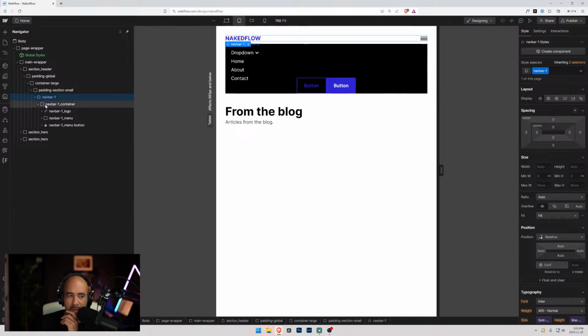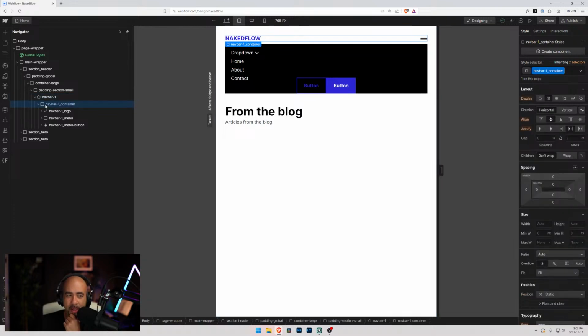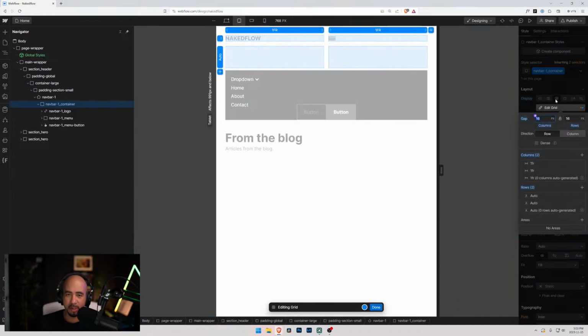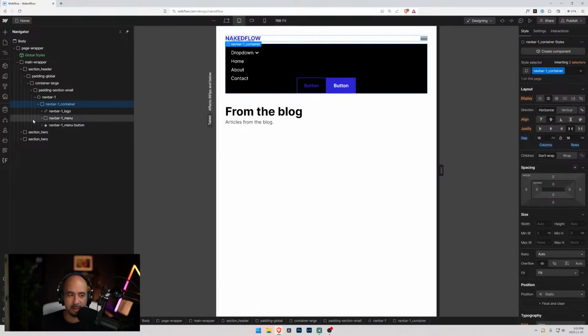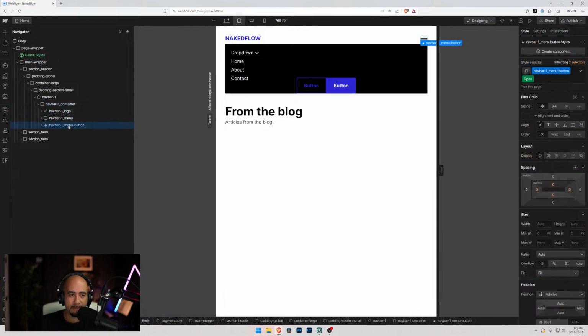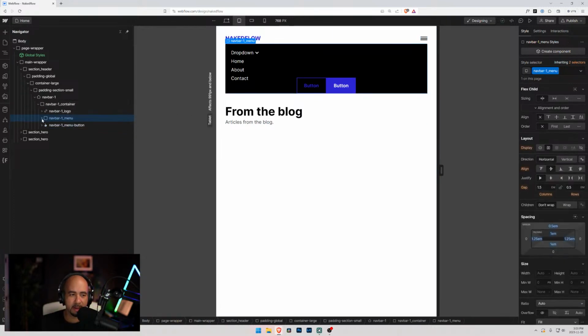And not really, I don't think. It's this navbar 1 container. Display block. Let's just see what's going on. Grid. Okay, that's not even displaying that stuff. So it's not that. I don't know what it is. So I think what we're going to need to do, I think